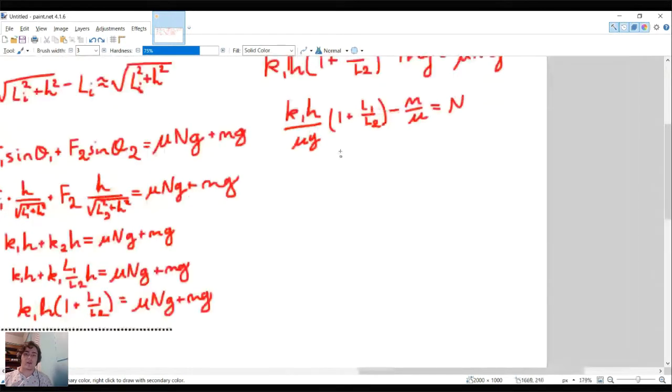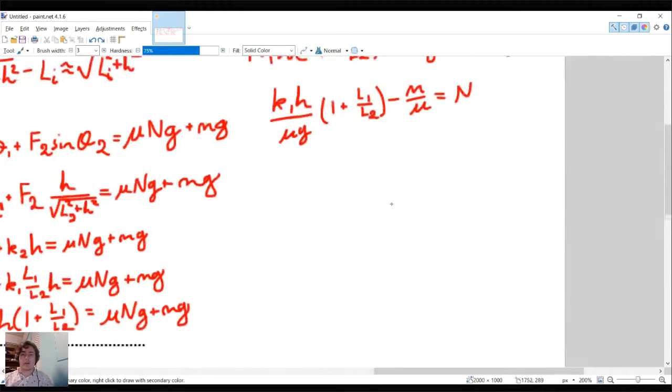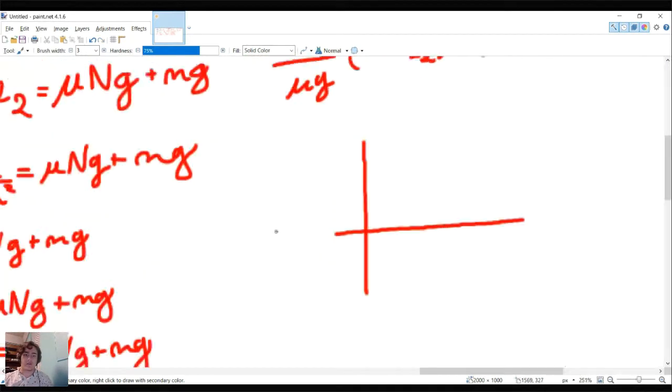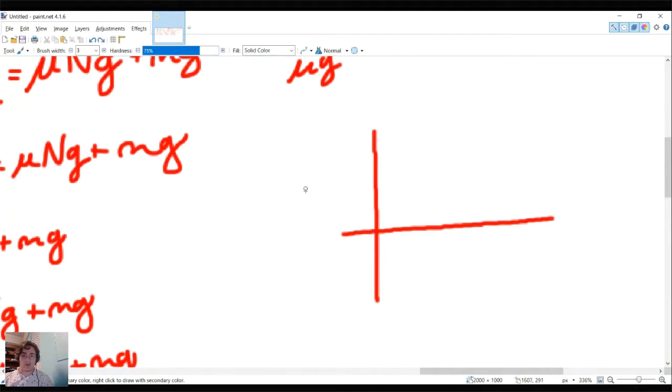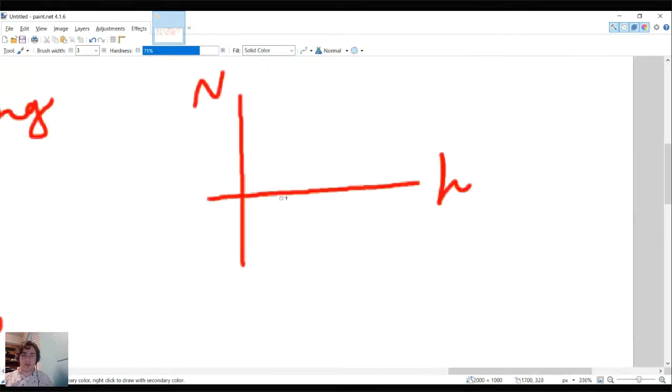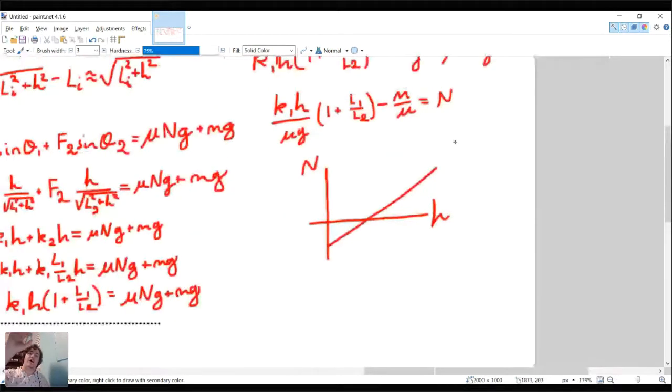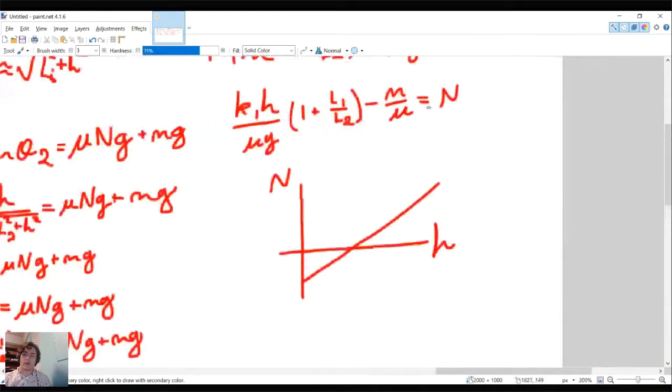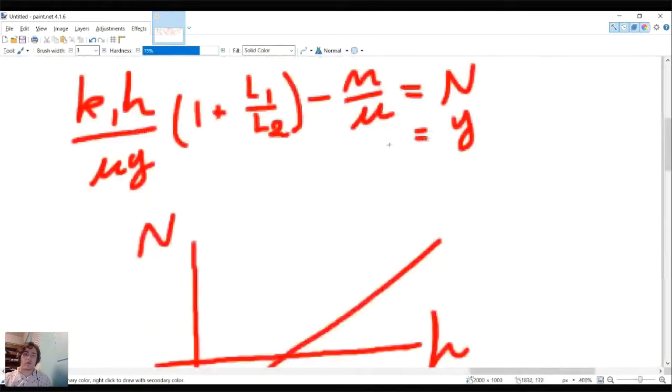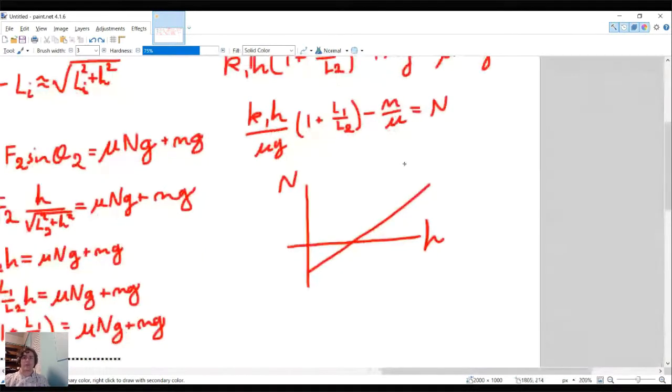And if we put on multiple rings on the rod and we let it hang, we're going to see a graph like this. We're going to see N as a function of H. The graph is going to somewhat look like this. Right, because this is y equals mx plus b. M is positive, mu is positive, so negative m over mu is negative, so it's going to have a negative intercept, because this is like y equals mx plus b, where b is negative m over mu. So we can find the vertical intercept of whatever line of best fit we make, and from there we know the value of m over mu, and then we can multiply mu over on both sides and find